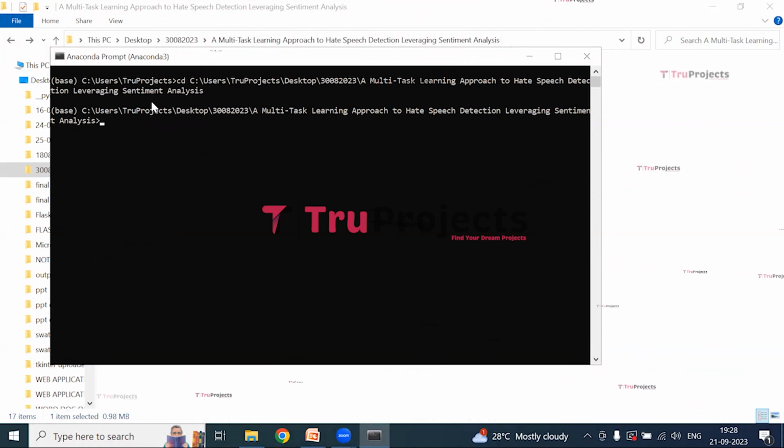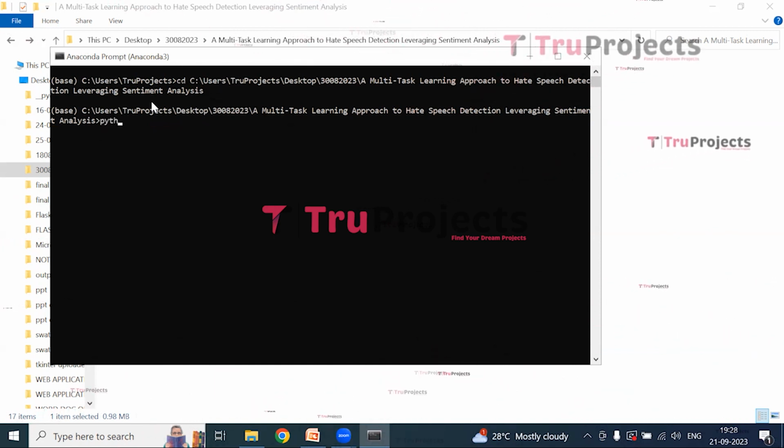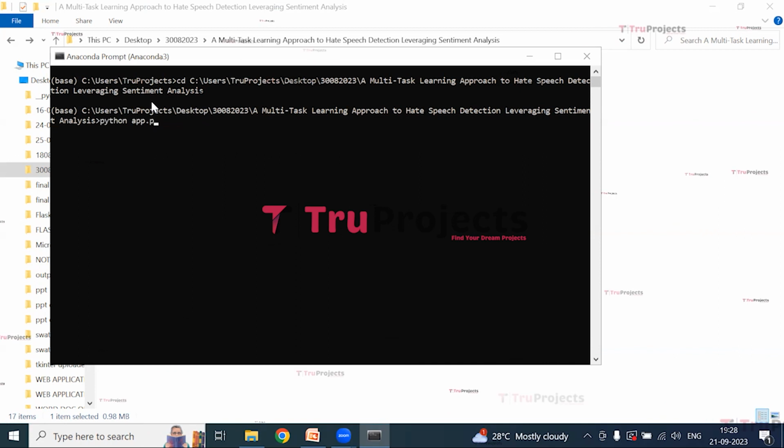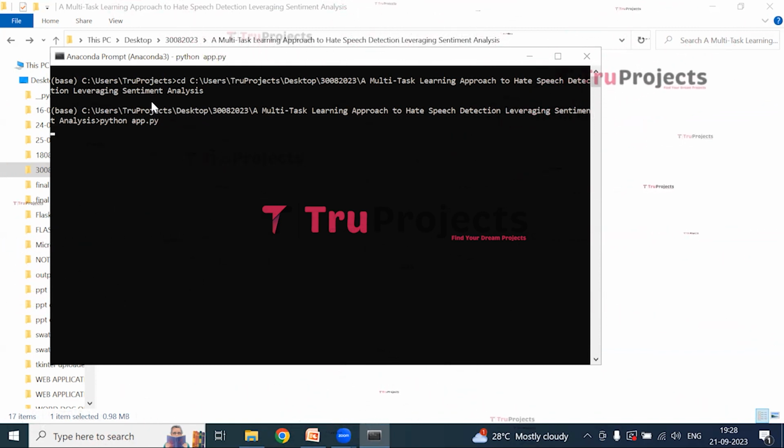Compile the app.py file using the command python space app.py. I am typing python space app.py. This command will execute the Python script and perform a runtime check for any syntax error or logical issues. Now hit enter. After running the app.py file, the Flask framework will host the application locally at the default address,